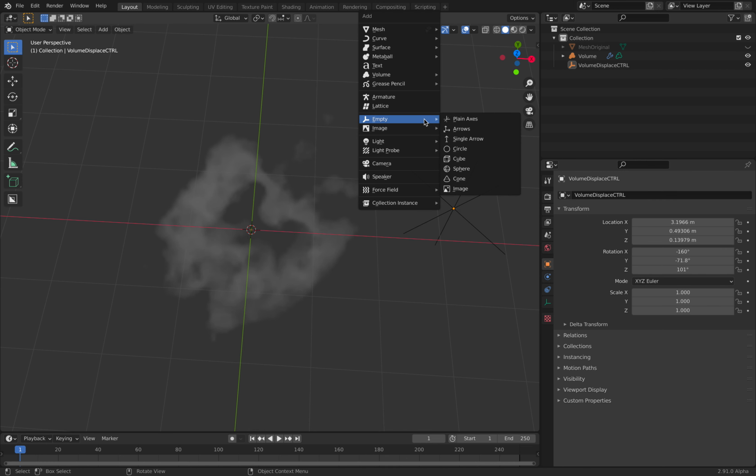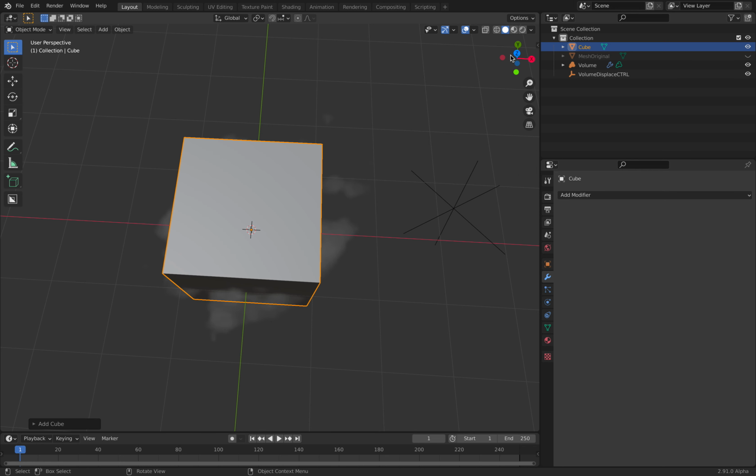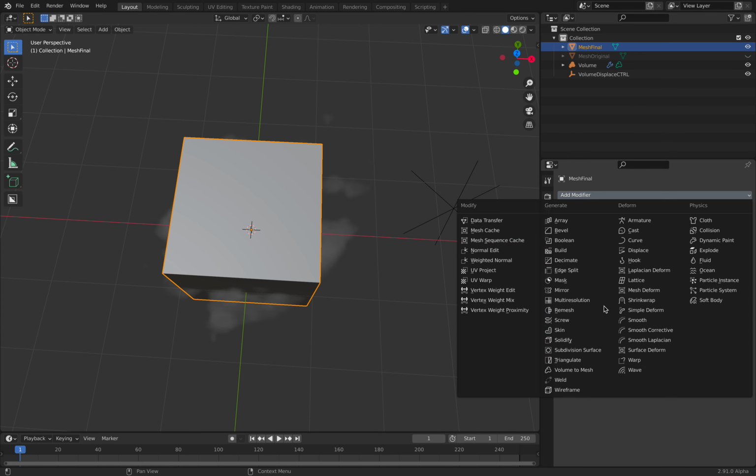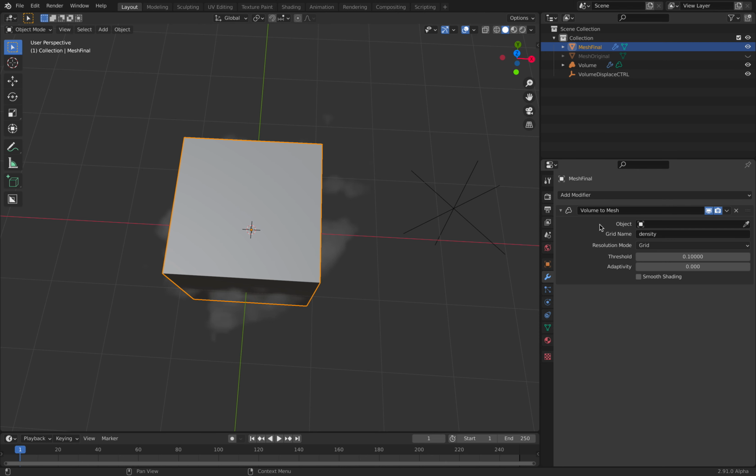Now let's create an object, like a default cube, and just call it mesh final. This is for our creature or whatever abstract thing that we're going to create. We're going to add a volume to mesh modifier. We're going to turn the volume back into a mesh, because